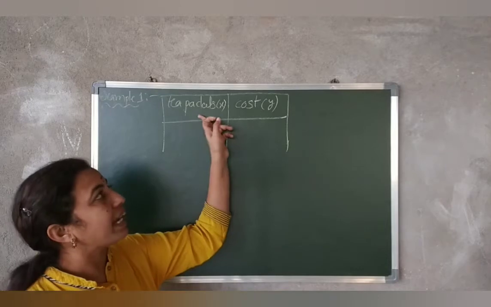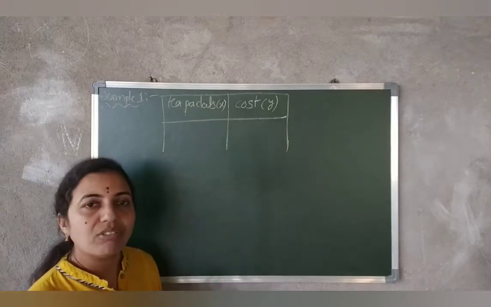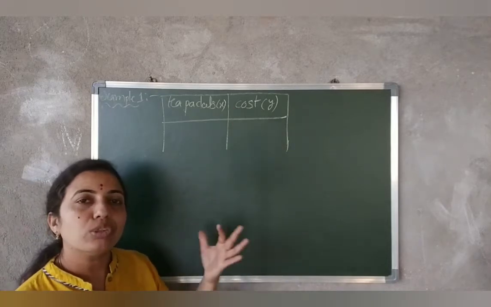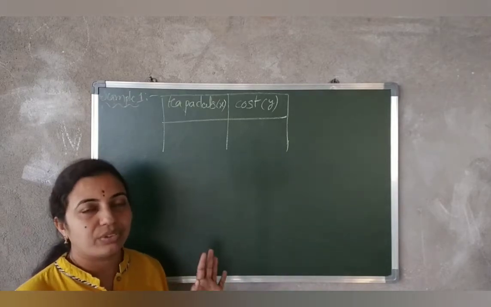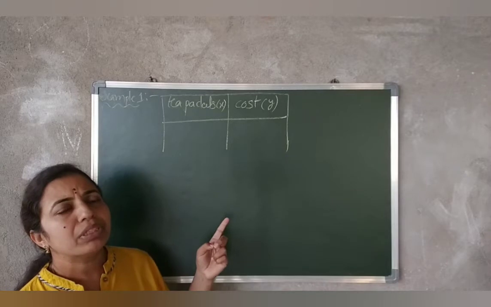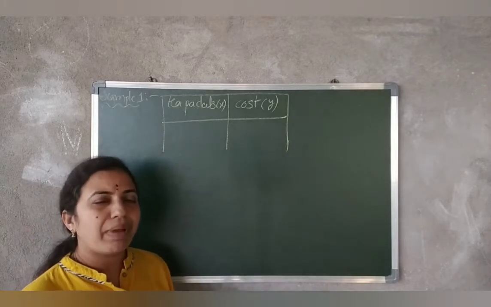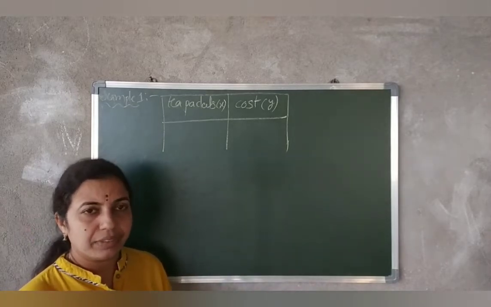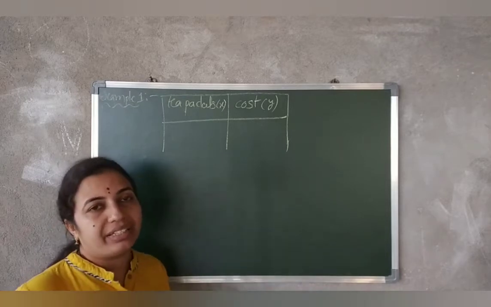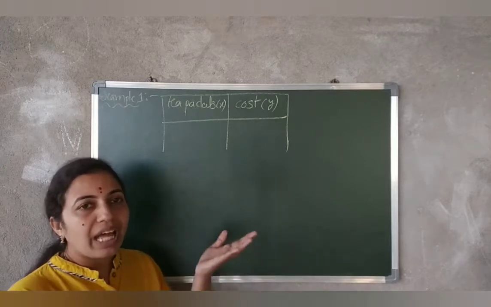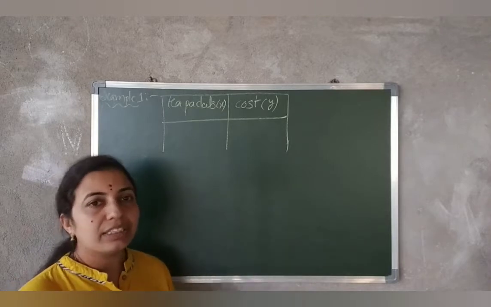Here tea packets and cost. These 2 are the quantities they have given. So these 2 quantities, whether they are increasing together or decreasing together, that we should consider. Obviously here, if you observe the number of tea packets or number of shampoos, whatever it is, if the number increases, the cost will also increase. So that means both are increasing, so they are in direct proportion.